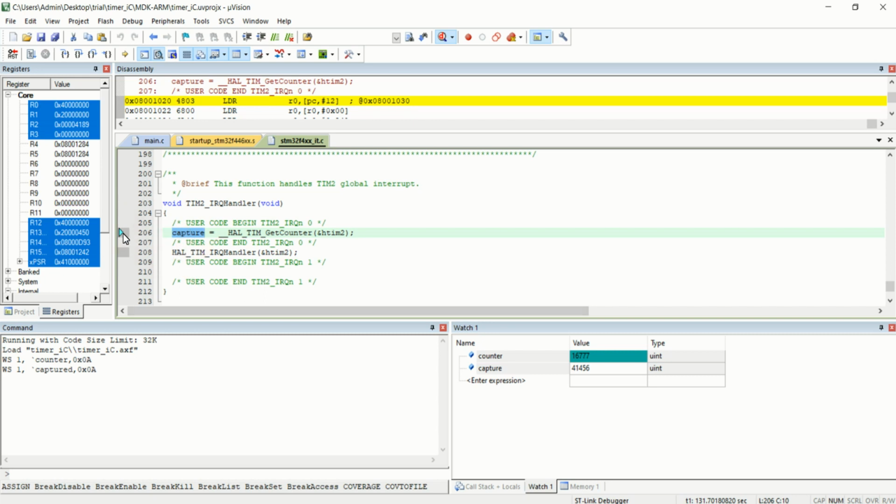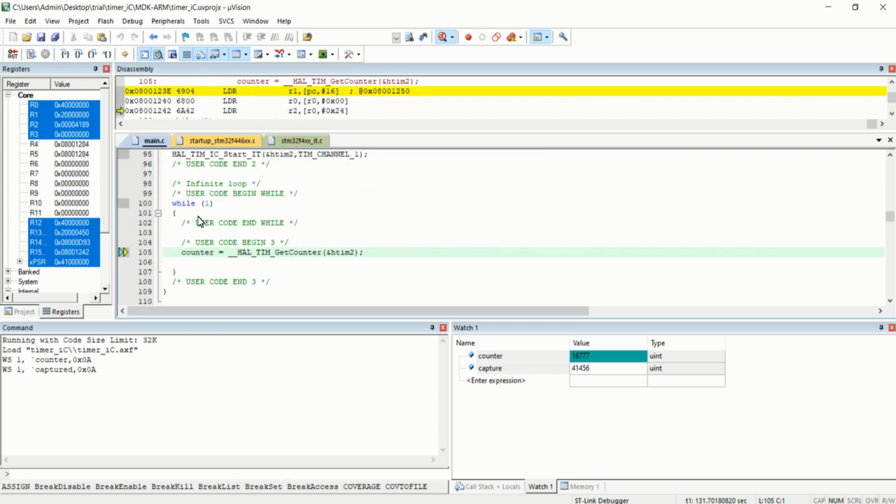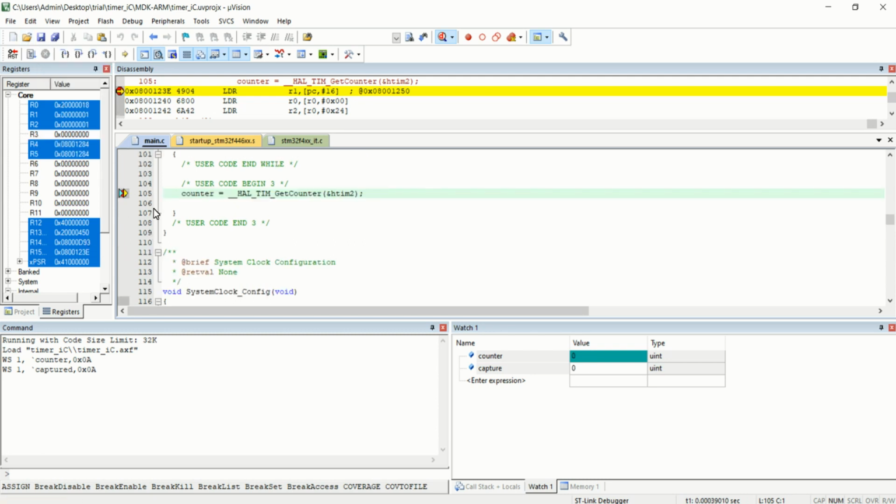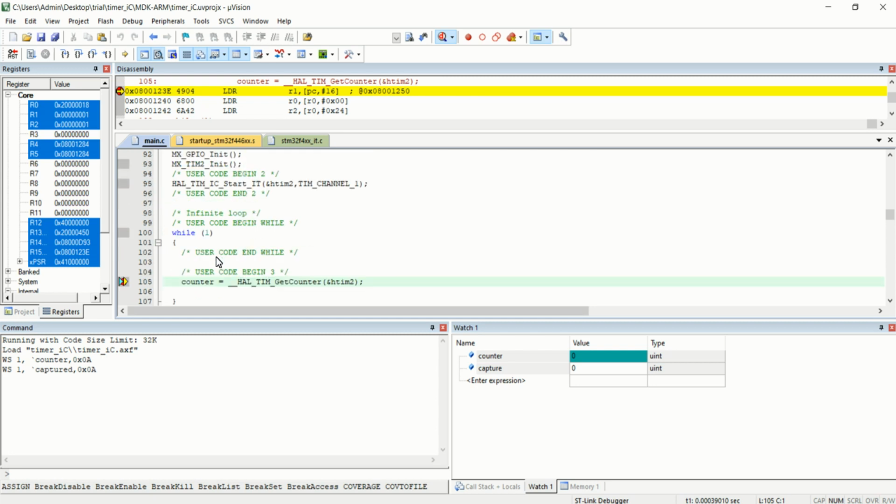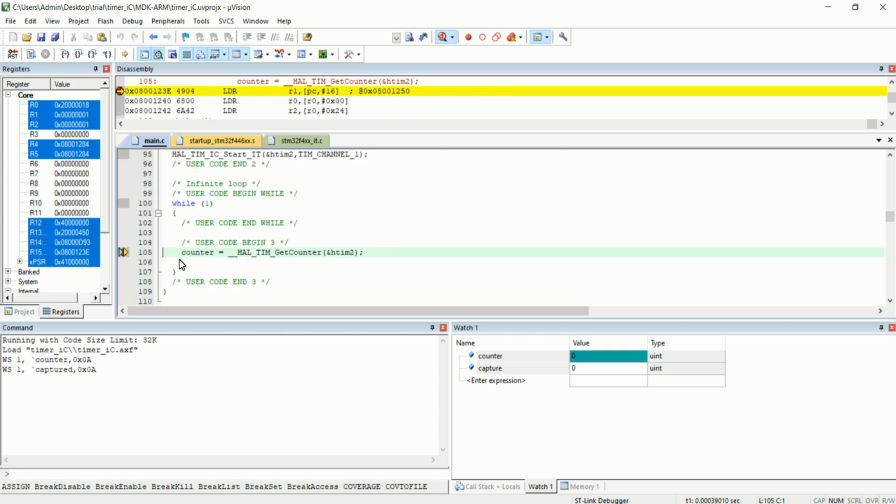Now what I'm going to do is I'm just going to place a breakpoint over here, click over here in the gray area. Whenever I press the push button, you can see the program will be running in this while of 1 initially. I am placing another breakpoint inside the while of 1, and when I run the program, you can see the program has been stopped inside the while of 1 in the counter fetching part, and when I release this breakpoint and when I run the program, you can see the program has been running over here.